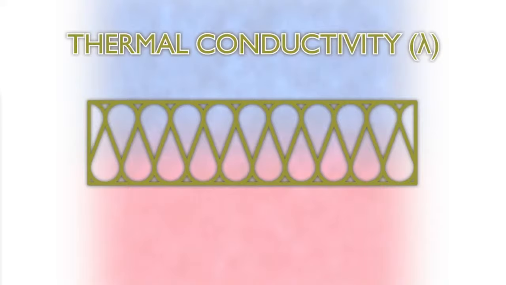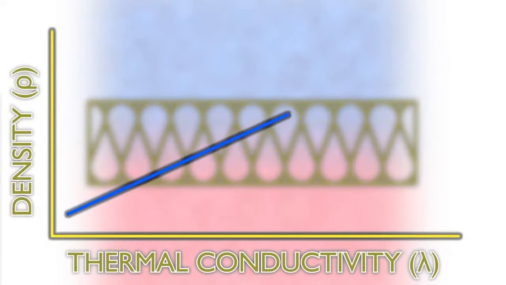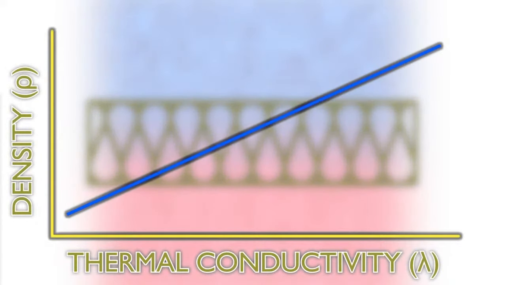This property measures how well heat can flow through the material by conduction. In this mode of heat transfer, the heat energy is transferred between the individual molecules of a material by direct contact. Because of this reliance on physical contact, there's a correlation between the material's density and its thermal conductivity. So less dense materials such as foams and fleeces are less able to conduct heat than denser materials like bricks